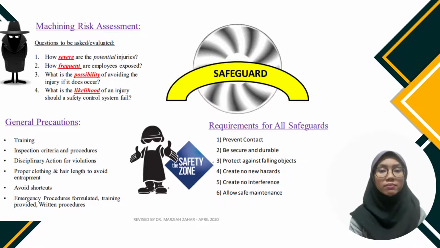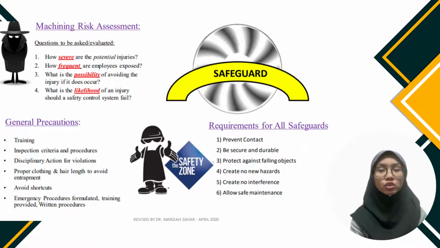Employers can start by asking how severe are the potential injuries, how frequently are employees exposed to the accident, what is the possibility of avoiding the injury if it does occur, what is the likelihood of an injury should